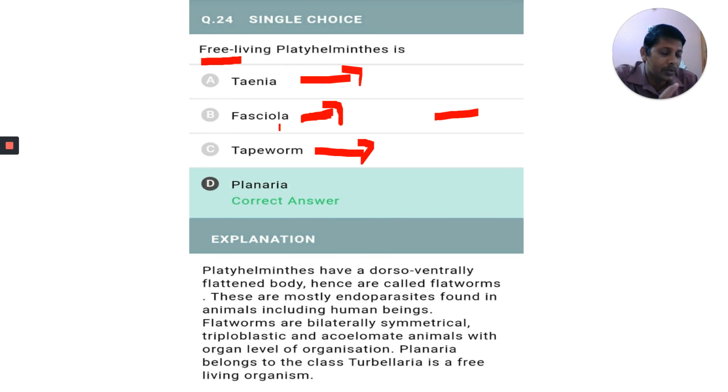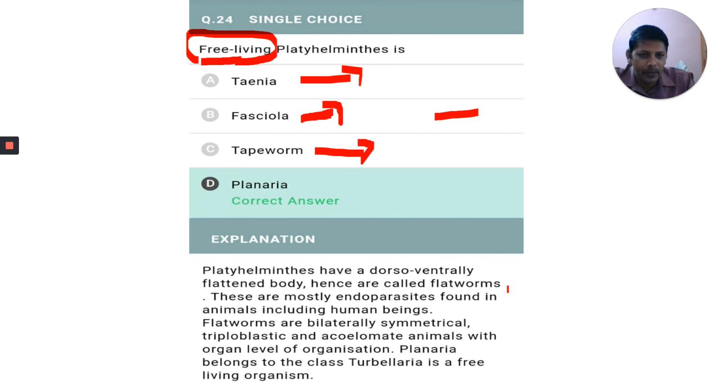Parasitic effects include hyperplasia, abnormal increase, and gigantism. These are all because of Fasciola. That means it has a parasitic effect. It is not free living, and not free swimming. If the animal is not attached to the substratum and moves freely, that is free swimming. Free living means whether it is harmful or not.